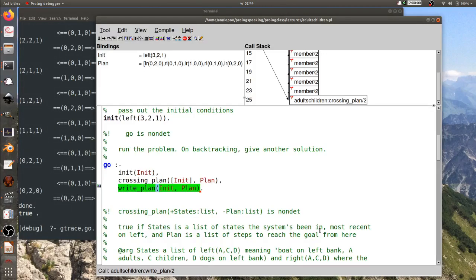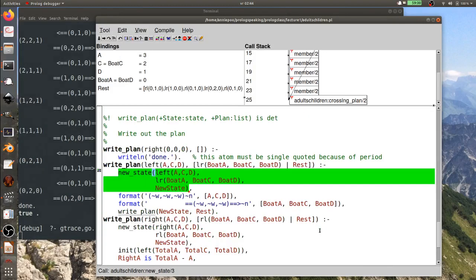And so we now have a successful crossing plan. Now we have to print it out. We'll step in, and the crossing plan starts with being on the left bank, so we're not going to say we're finished. We are going to, however, say that